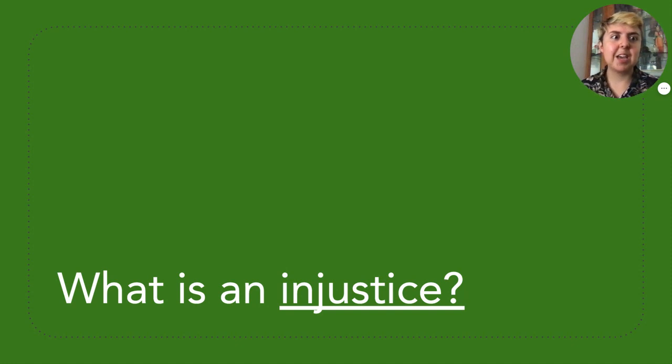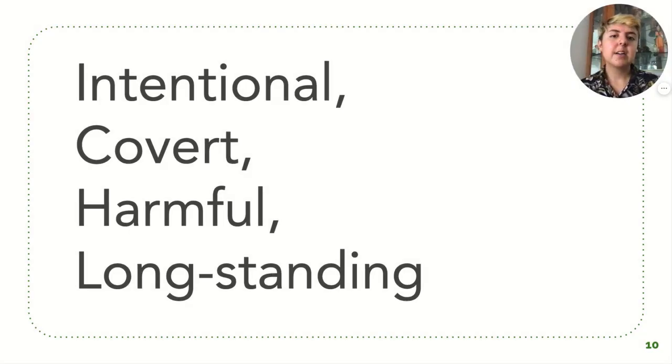I think many of us came in knowing there's white supremacy, there's racism, there's sexism, homophobia, there's environmental degradation issues. These are all injustices. But I think it's sometimes hard to notice some of the more nuanced injustices and how they pop up beyond the big isms that we sort of see in our world. And I think when we think about any injustice, we have to think about these four concepts.